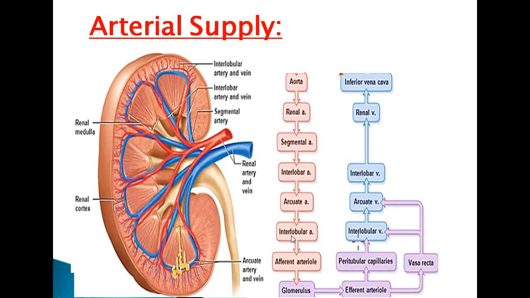See, the renal arteries are end arteries, they do not anastomose with each other, but this is not true for the renal vein. It will have anastomosis with each other. The interlobular vein then drains into the arcuate vein, a reverse flow of it, then the interlobar vein, and this interlobar vein will form the renal vein which will drain ultimately into the inferior vena cava.